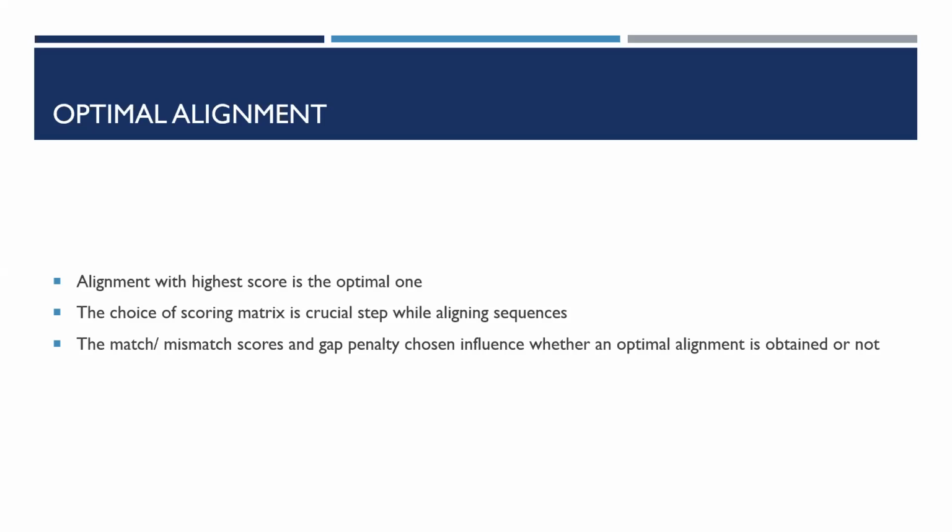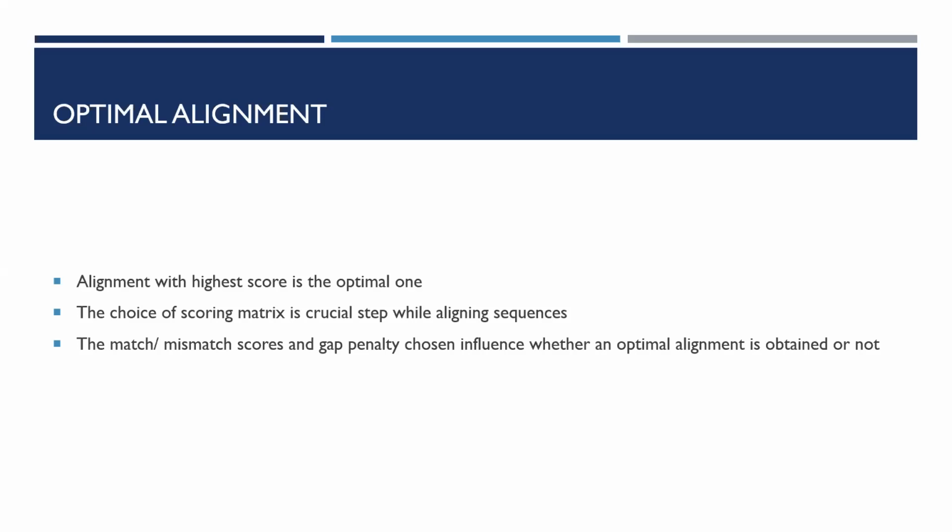In this dynamic programming method, in order to fill the cells of the matrix, it is required to know three positions while filling the matrix. Those are diagonal, above and left position. If you know these three values, the dynamic programming algorithm can be written as the maximum of the diagonal value plus alignment score, the above value plus gap penalty, and the left value plus gap penalty.